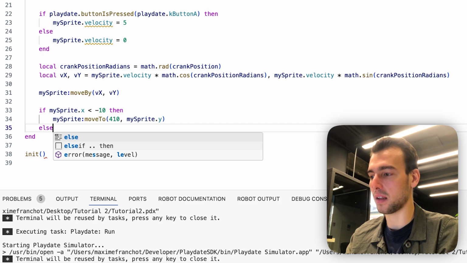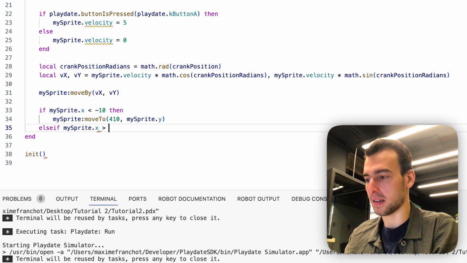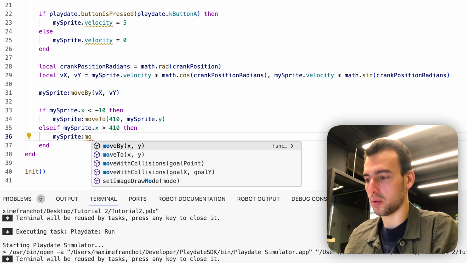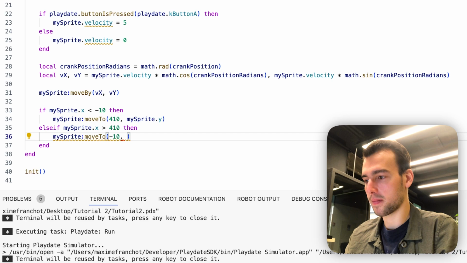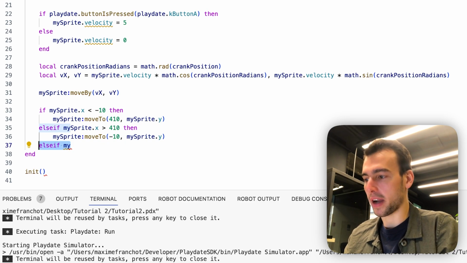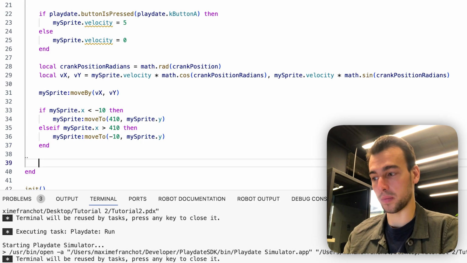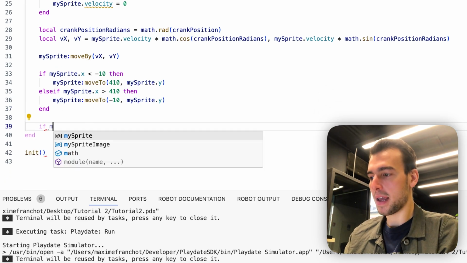So we're going to take this end and say else if, in the same word, MySprite.x is greater than 410, then MySprite moveTo, and we're going to say -10, MySprite.y. So we're not changing the y here. Else if, oh, actually this should be a separate conditional, in case both happen at the same time. So we're going to type in and, skip to the next space. If